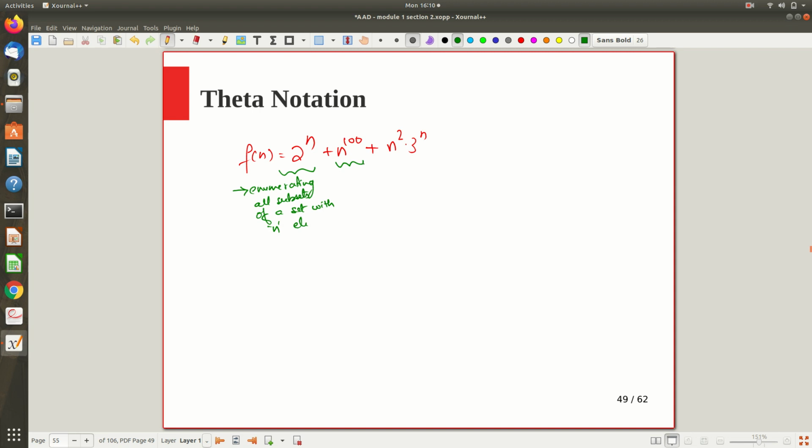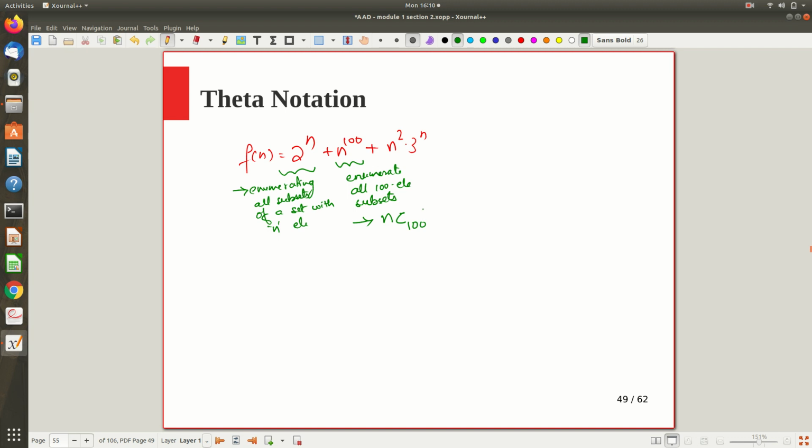And here this is trying to enumerate all 100 element subsets. So we are not enumerating all subsets, we are just focusing on 100 element subsets, or you are trying to print all 100 length strings that are possible out of some alphabet of size n. It can be anything. Out of n elements there are nC100 possibilities,